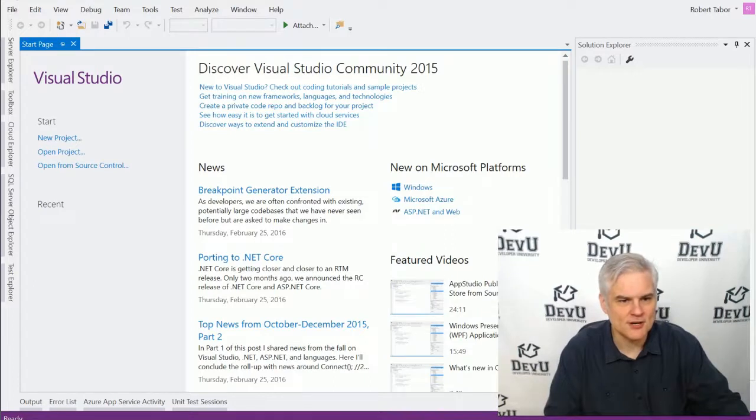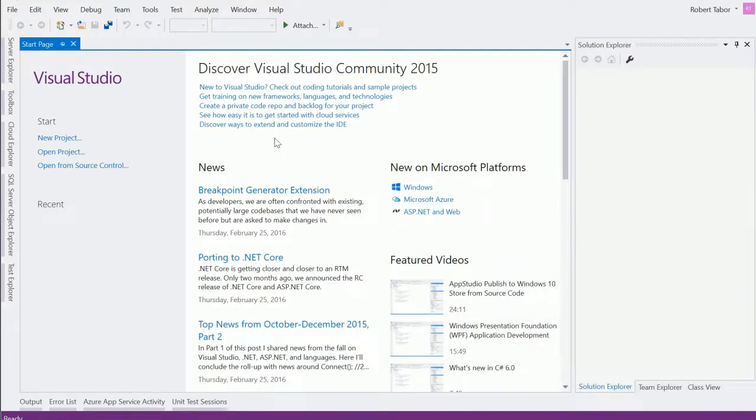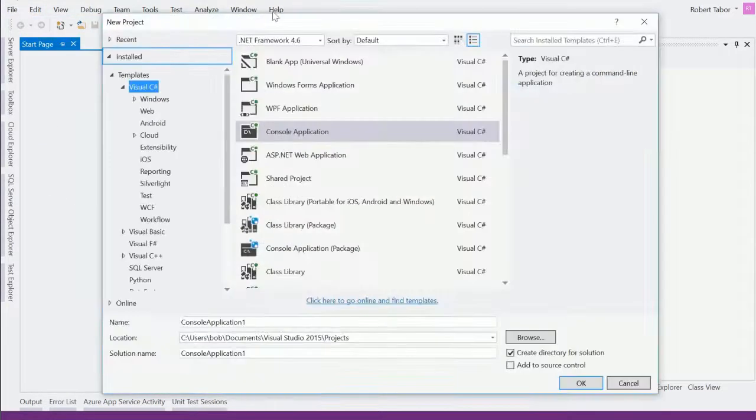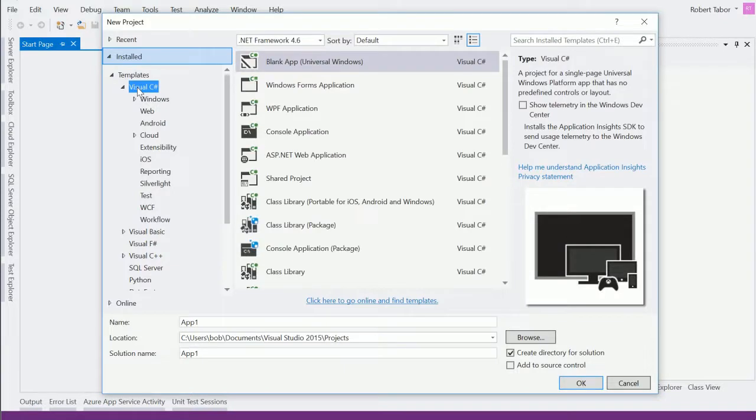Alright, so let's go ahead and get started here. And to begin, we're going to create a new project. There are a number of different ways to do this, but I'm going to keep it simple and go to File, New, Project, and selecting that menu option will open up the New Project dialog. Now, chances are the number of items that you see here in this center part will be dramatically different than the items that I see, based on which version and edition of Visual Studio that you have installed. However, you should be able to select templates and then select C#, and one of the options should be a